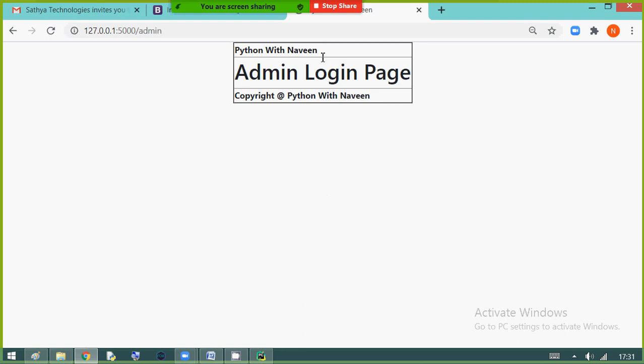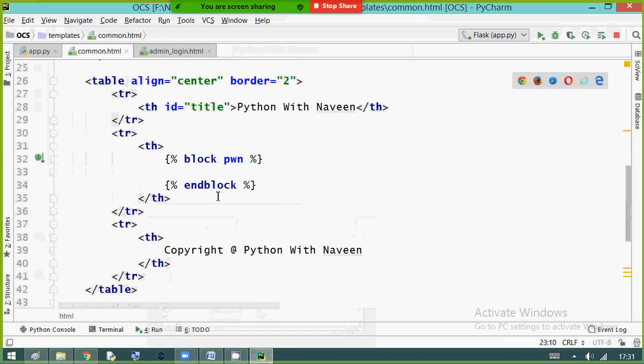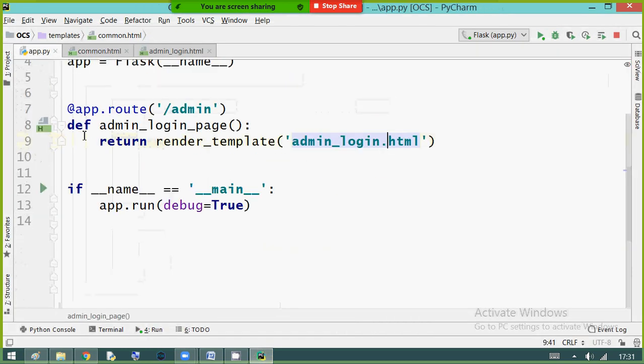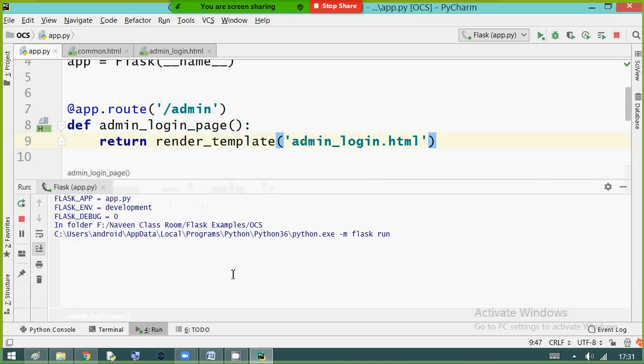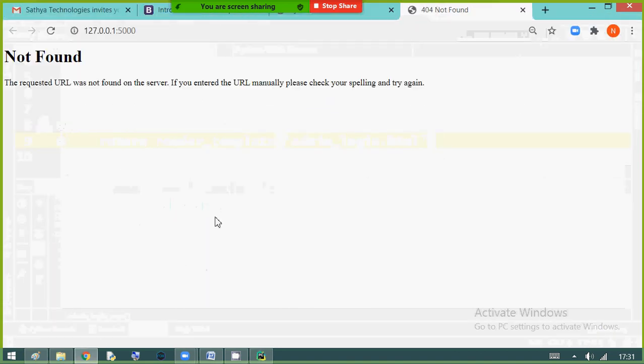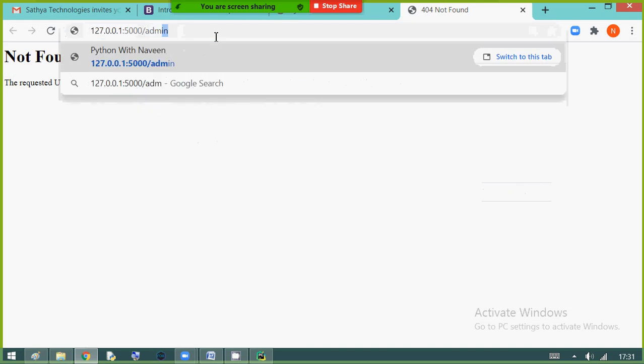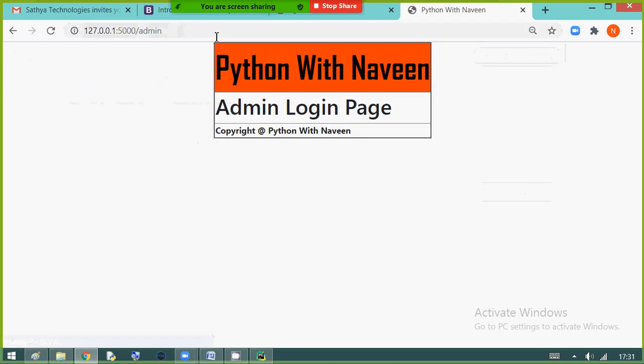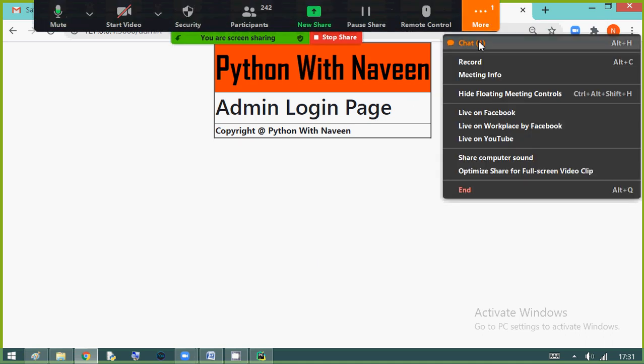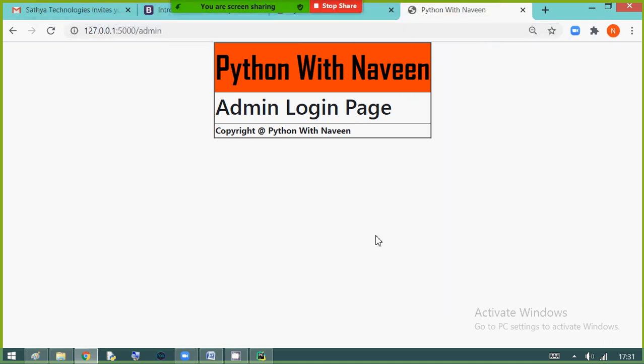Right? No changes, right? Once we look into our program, yes, we have written debug equals true. Still it is not refreshing. Yeah, actually it needs to. Still, yeah, it's got affected. Now it has got affected.